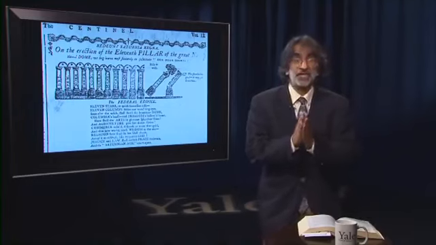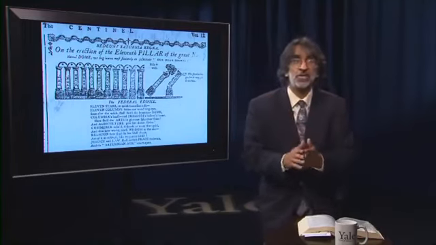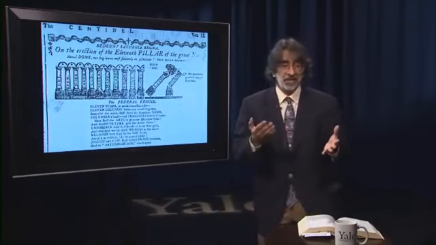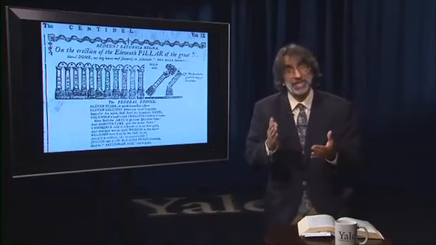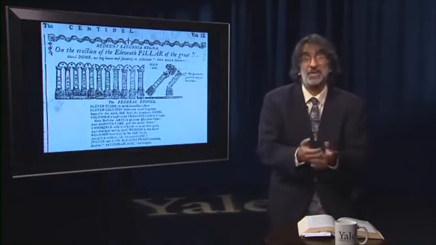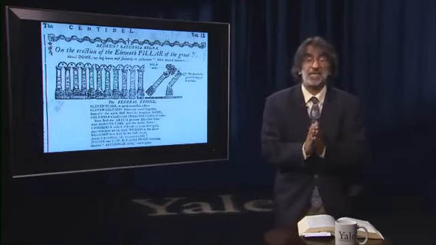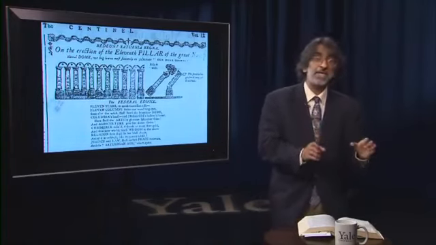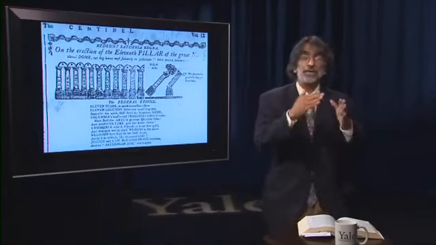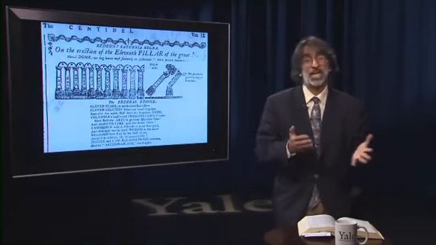Other states provided for special legislative votes. So you needed special legislative majorities, but only the legislature could amend. Well, what happens if the people want a constitutional amendment that would limit the legislature? If the legislature has a monopoly on amendment, it's just never going to propose such things that might limit its own power. Other states said, well, there can be amendments and they can occur outside the legislature, but only at certain specified dates. Well, what happens if you need to make an important change outside those dates?